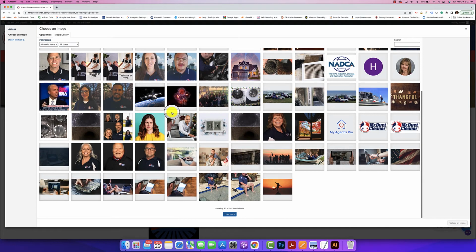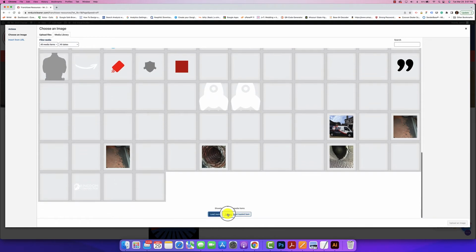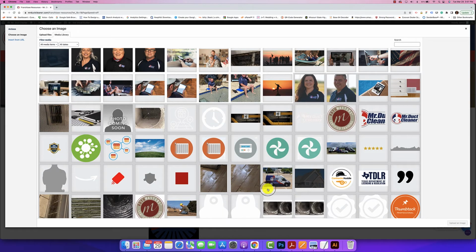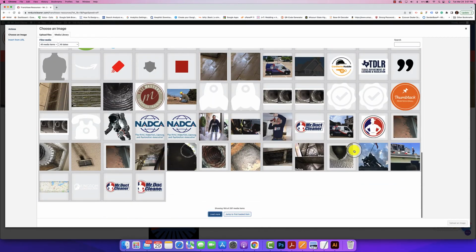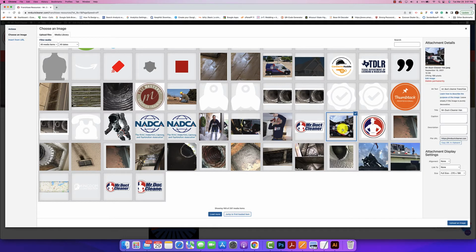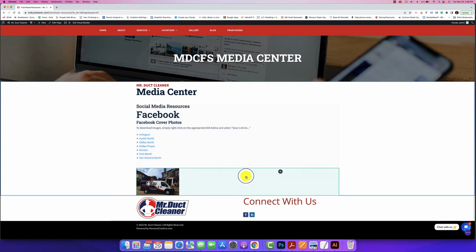Now in retrospect, I might go in here and decide to pick a different image, something that's more representative of what that image is used for. So I'm going to come down here and find a photo of the vehicles that are wrapped, and I'd rather have one where it's just one vehicle, like let's use this one here. Click on upload an image, and then click on this check mark here, this save changes,